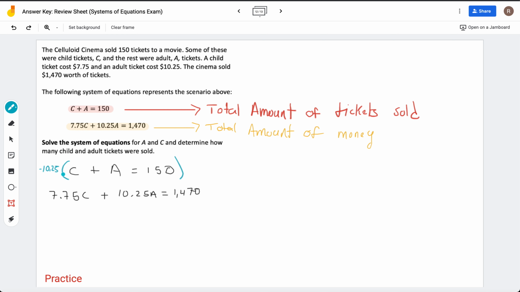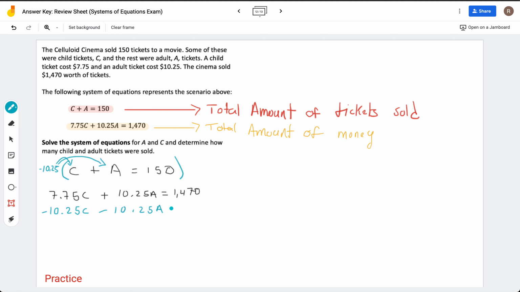So let's see what happens. I can distribute negative 10.25 times C, and that's negative 10.25C, plus negative 10.25 times A, which is negative 10.25A,